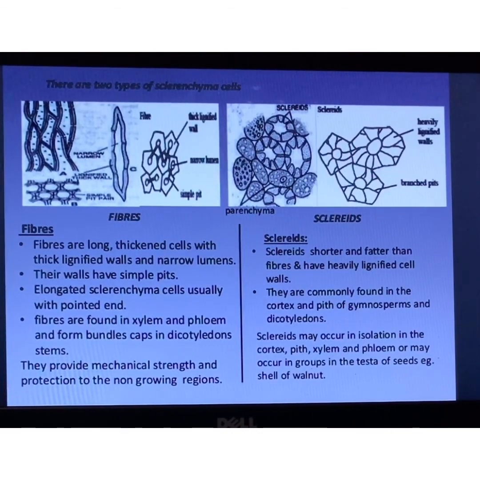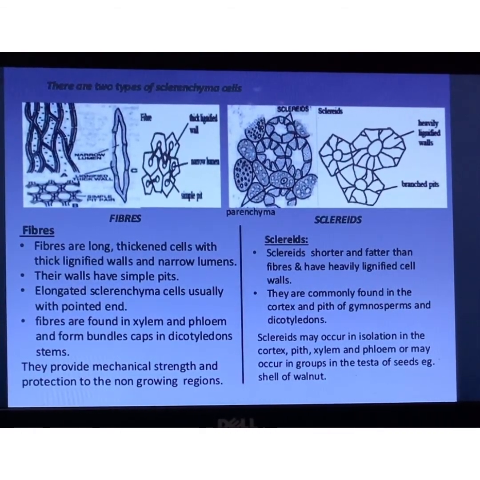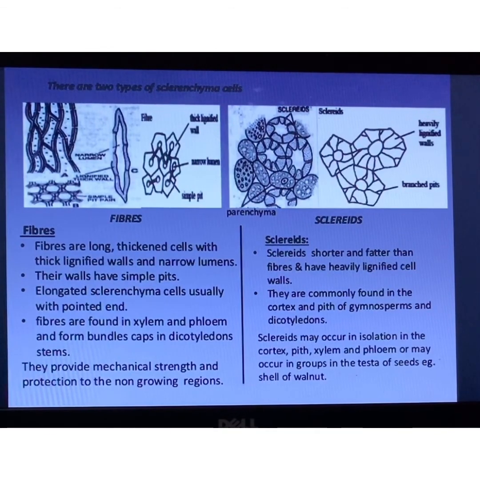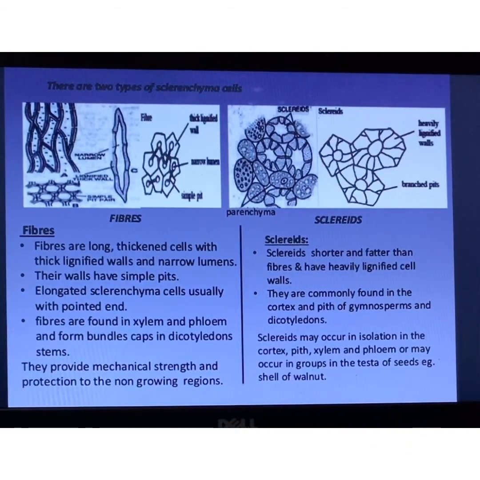So we can see that sclerenchyma is basically a very thick tissue with lot of lignin deposition, and eventually they lose out on their protoplasm or cytoplasm and they die. After that, they start becoming very hard in terms of providing that required support to the plant, either in isolation, individually they will be found in some cells, or they will form fiber-like structures and provide that support to the non-growing regions of the plant. Is that clear, students?